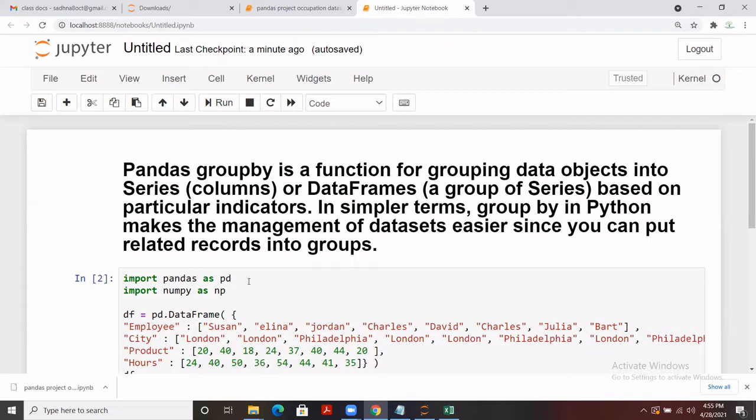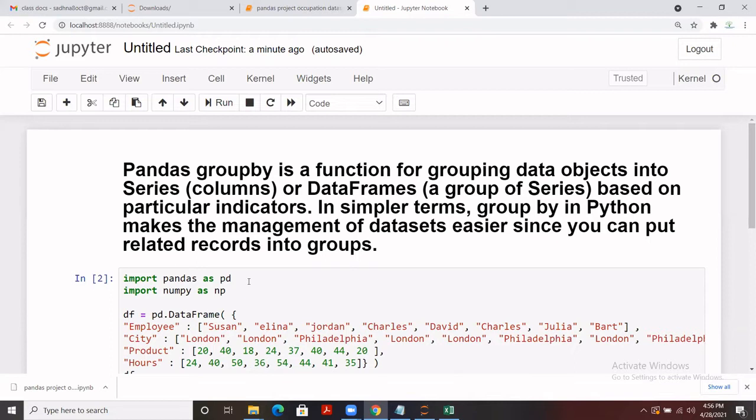Under that column there are multiple unique records, and then we have another column with multiple unique records, and in case you want to group that data based on the occurrences that we have corresponding to each and every column, we basically deal in that situation with the group by function.